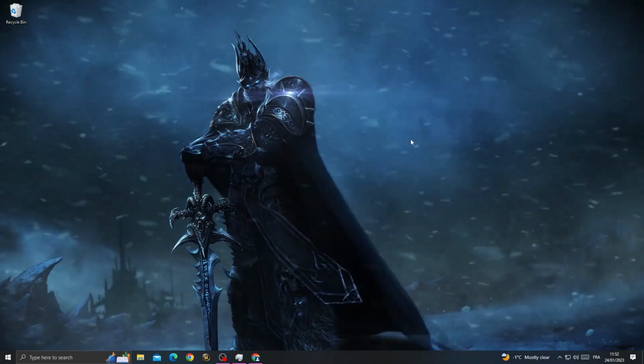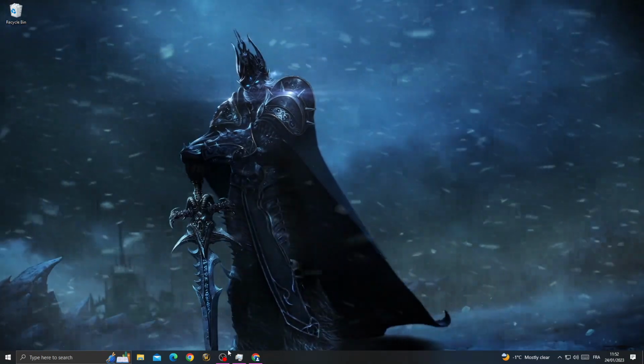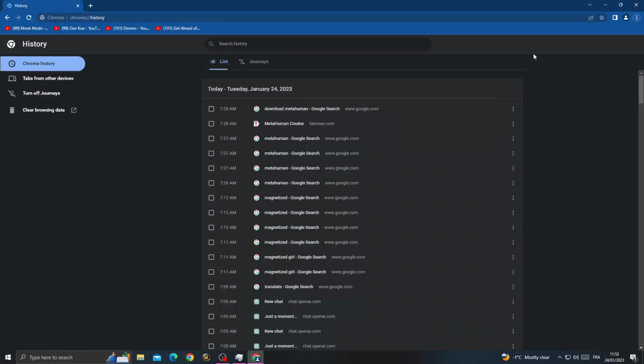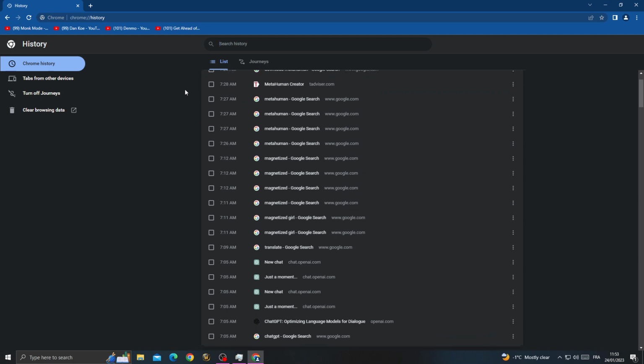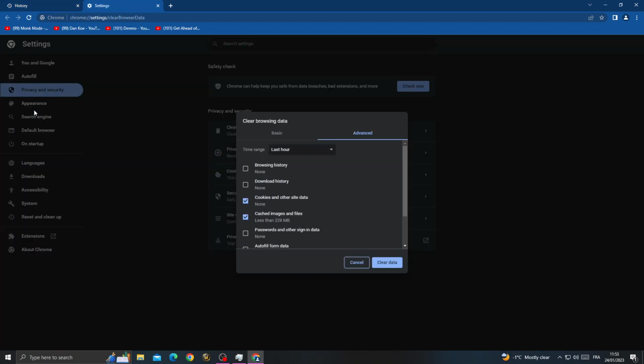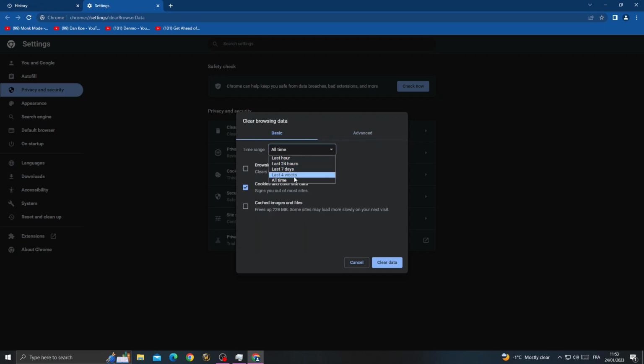First, if you want to fix this problem, all you need to do is open your browser and click the 3 points here and click history, and that's it. Now just scroll down and click here, clear browsing data, and go to basic, select all time and select all of those here and click clear data,